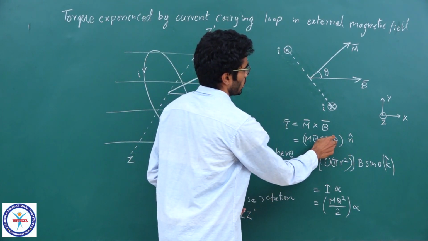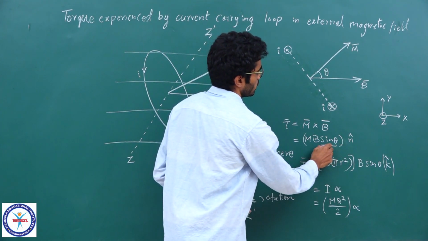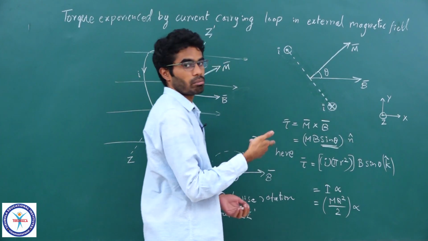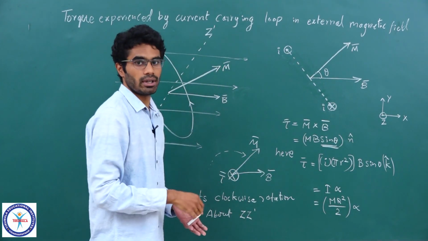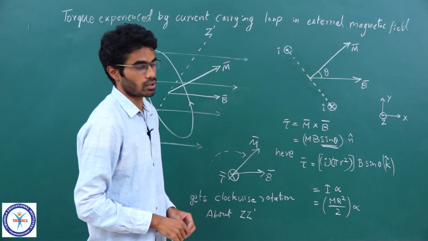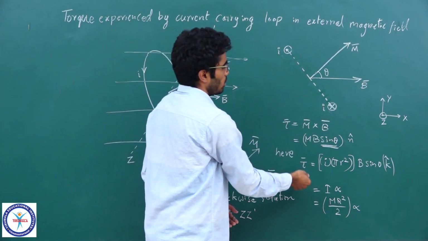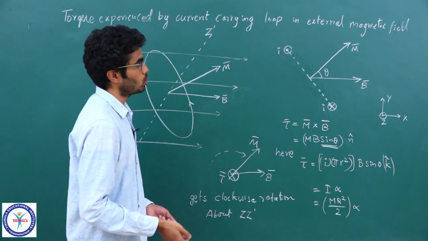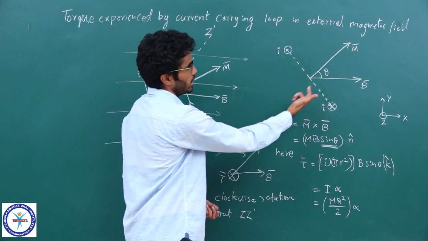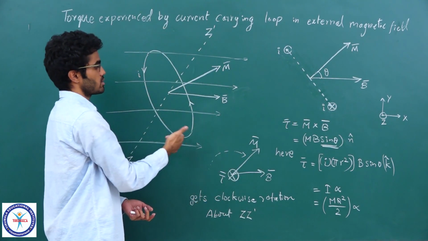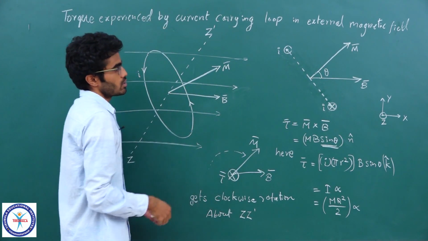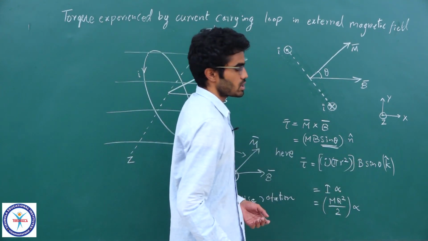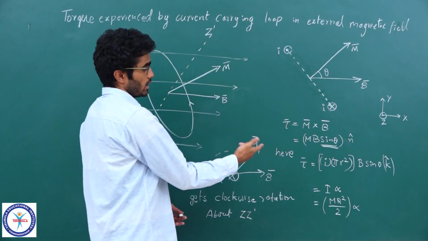So, we will have to calculate the magnitude, then you will require the sin theta, and this theta is the angle between the magnetic moment vector and the horizontal magnetic field. Here it is horizontal, it can be pointing in any direction, but here it is horizontal. So, you will calculate the magnitude m into b, but in this case our magnetic moment is given by current into the area vector. So, I into the area; the loop we have here is circular, so it is pi r square. So, that is why I into pi r square into b into sin theta,